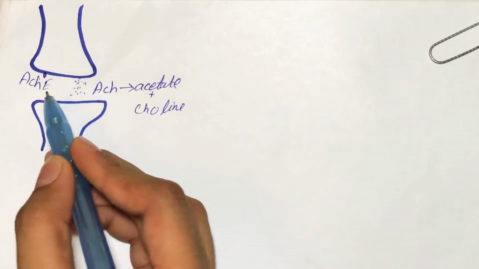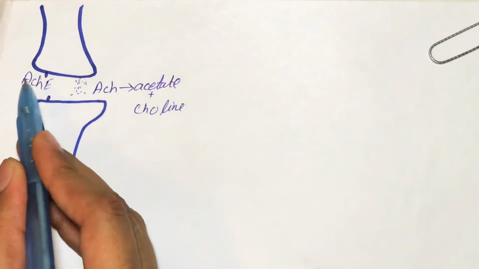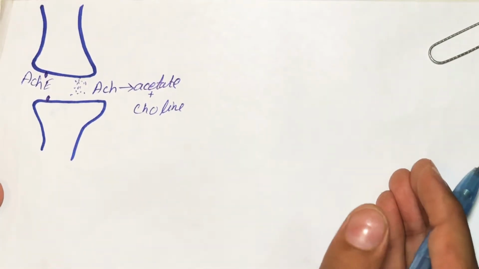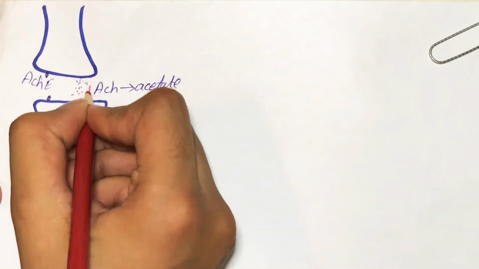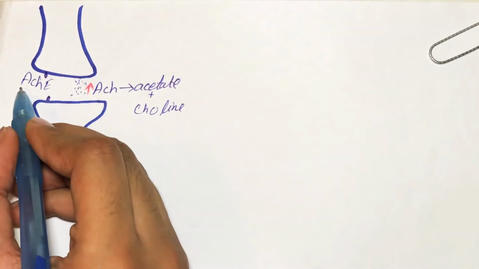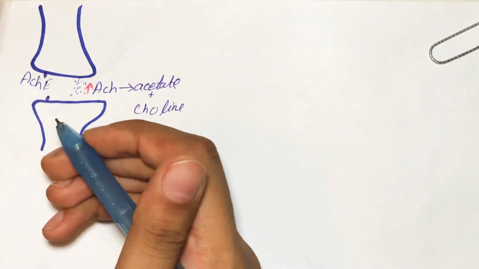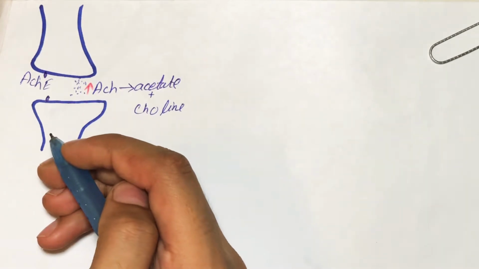Obviously this enzyme causes the degradation of acetylcholine, but when there is no acetylcholine esterase, there will be no cleavage or degradation of acetylcholine. So in this way what will happen? There will be an increase in the concentration of acetylcholine because it is not being degraded into acetate and choline. In this way, the inhibitors of acetylcholine esterase are indirectly acting cholinergic agonists, or they are also called